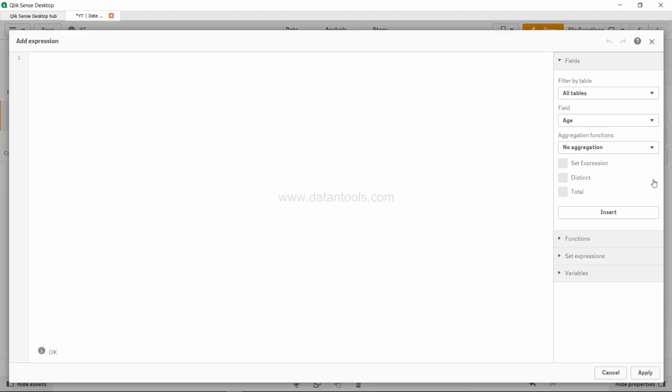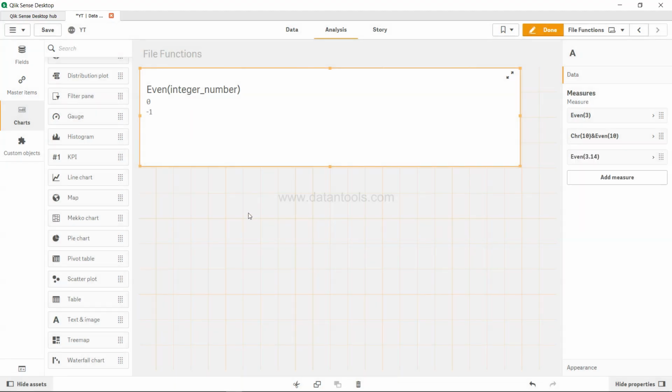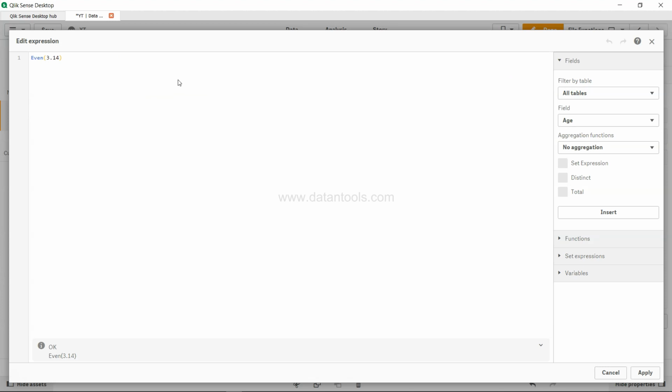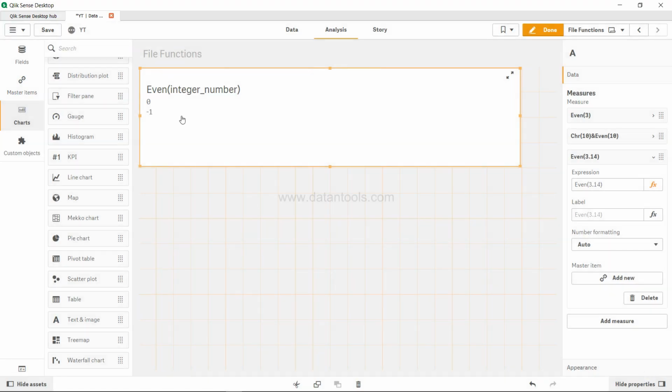But I'll tell you the third condition, which is when it returns null. So even of 3.14, it's a decimal number, right? So apply. Even of 3.14, the output is basically null, but since null is not shown over here,